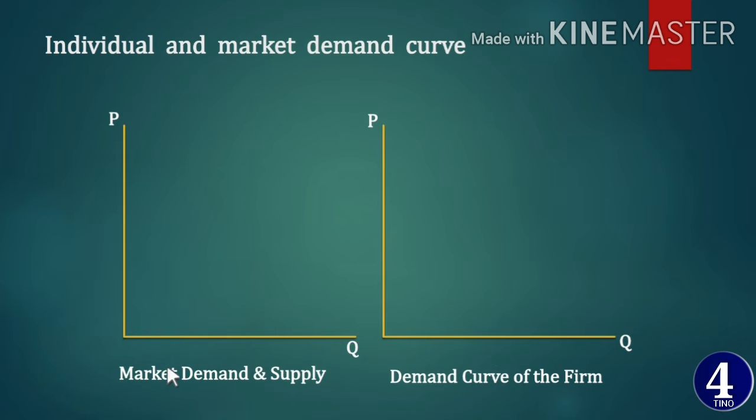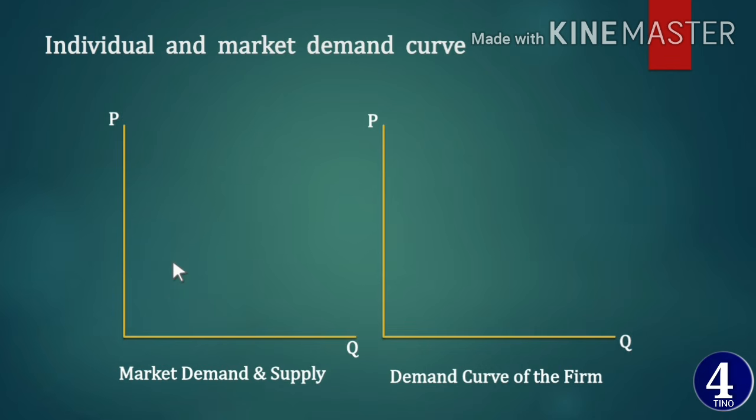First of all, we will see how the price mechanism works in the market. Then we will see how the individual sellers or the individual firms accept the already decided price that they will be using to construct their own demand curve. Okay, this is what we are about to discuss. So let us begin the discussion